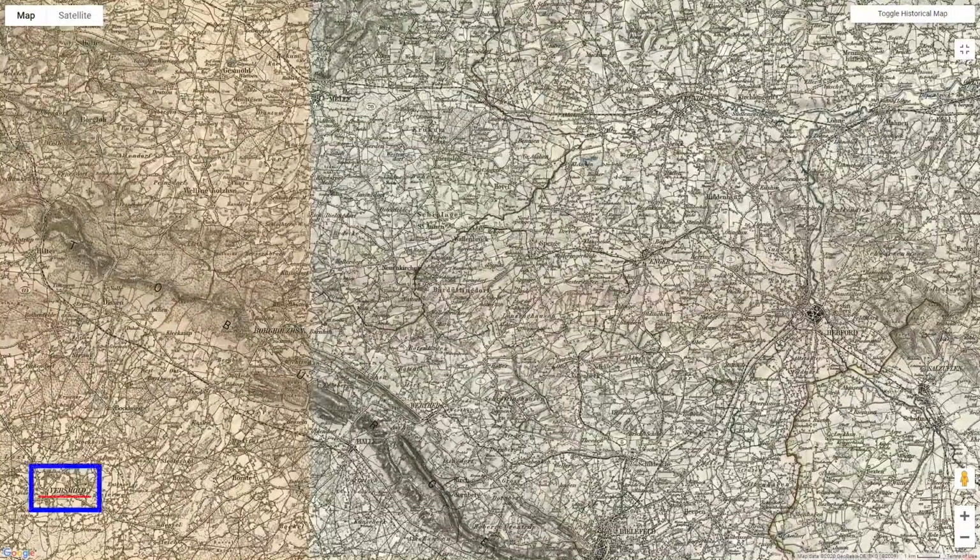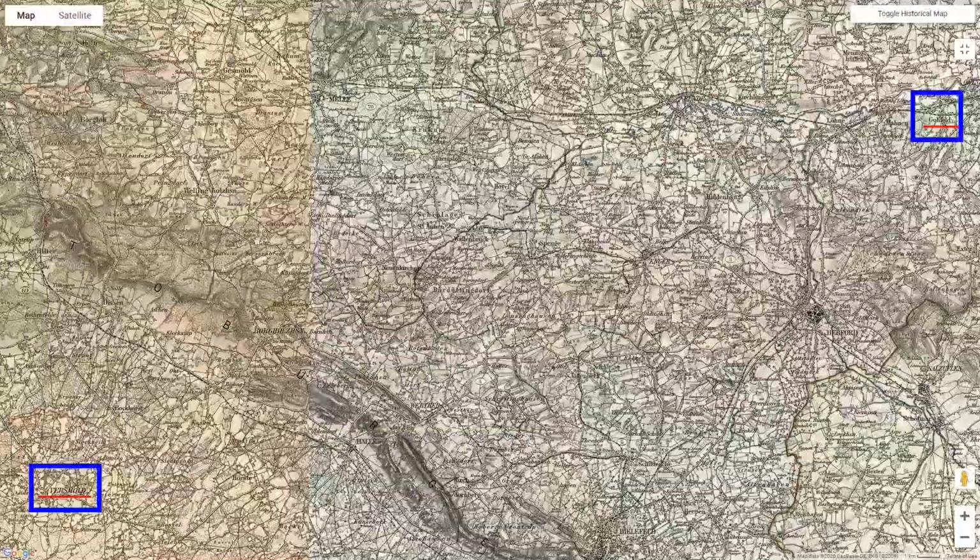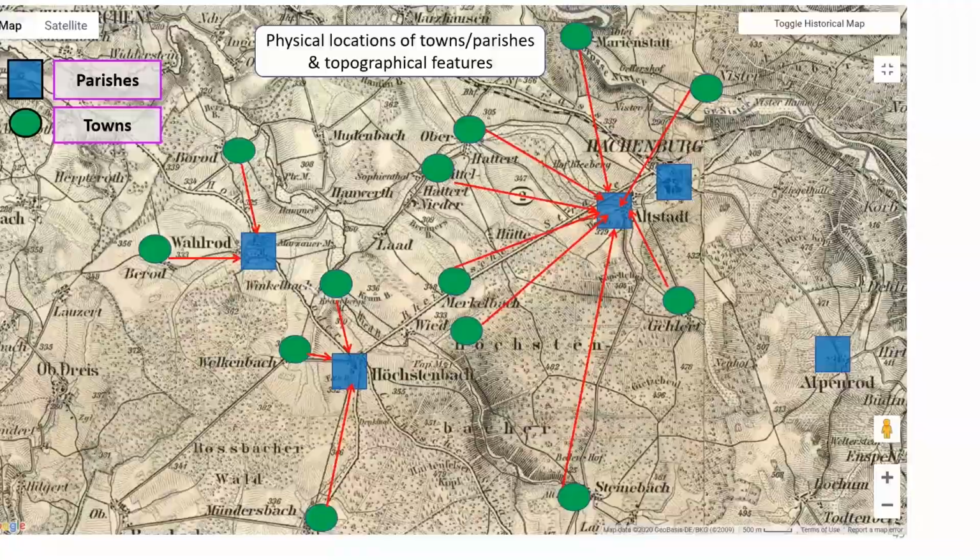On this map, Versmold is found at the bottom on the left, and Gofeld is found at the top on the right side of the map. They are about 40 miles apart. It is important to be aware of the physical location of towns and parishes and the topographical features in your